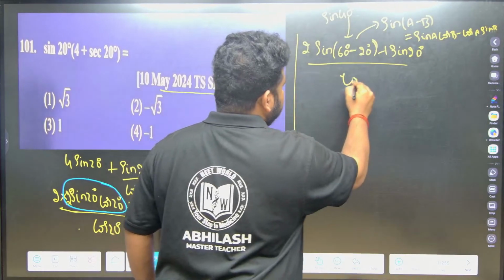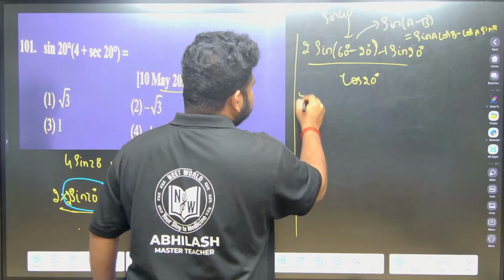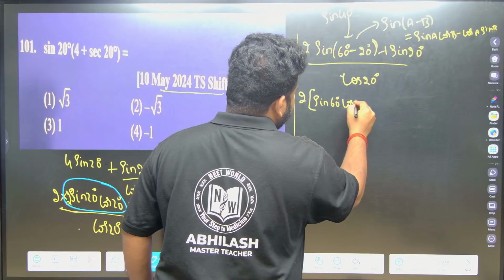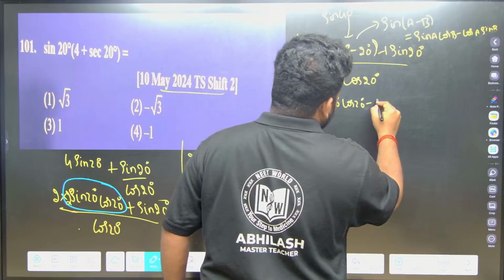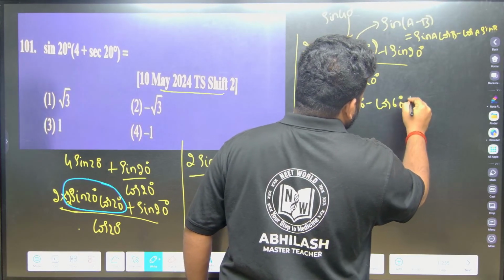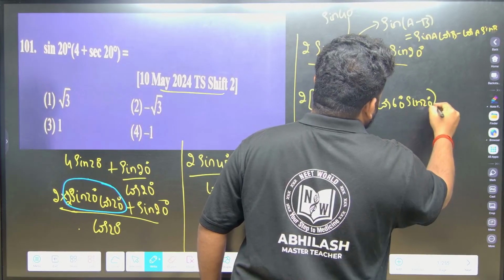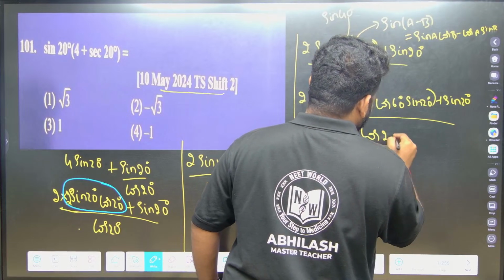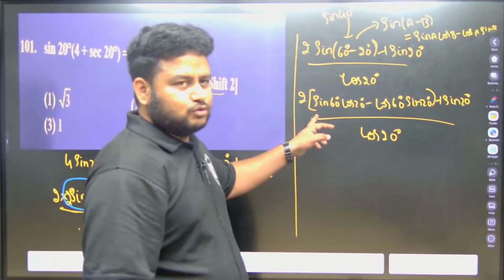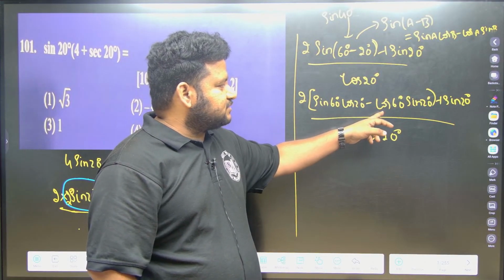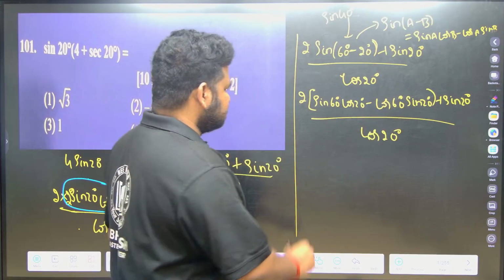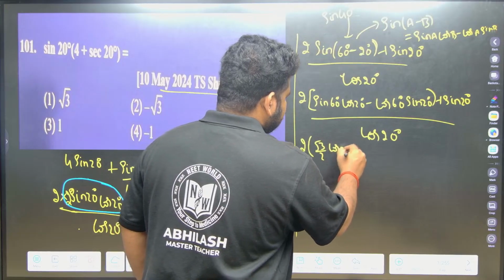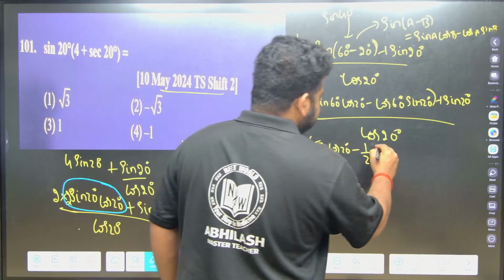Denominator is cos 20 degree. So 2 times is there outside; let me write this within a bracket. So this will be sin 60 cos 20 minus cos 60 sin 20, plus sin 20, divided by cos 20. Okay. So sin 60 is root 3 by 2, cos 20 keep it as it is, cos 60 is 1 by 2, sin 20 keep it as it is. So this will be 2 into root 3 by 2 into cos 20 minus 1 by 2 into sin 20